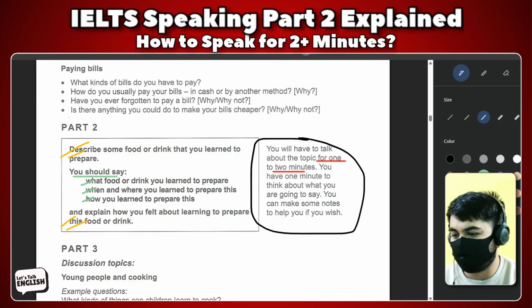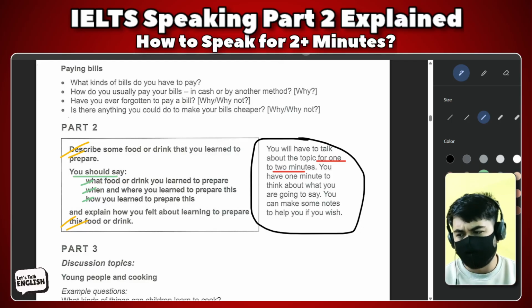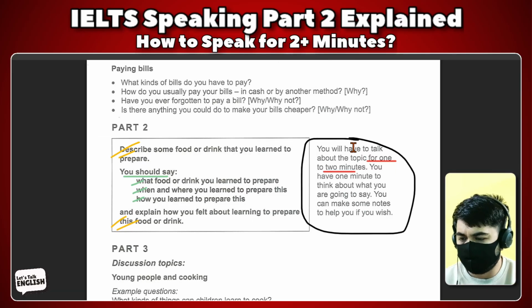Let's get started. Okay. My very first cue card topic is describe some food or drink that you learned to prepare. You should say what food or drink did you learn to prepare? When and where did you learn to prepare this? How did you learn to prepare this? And